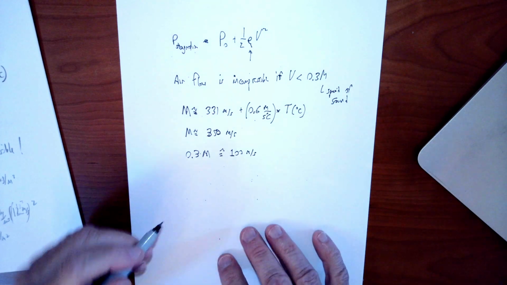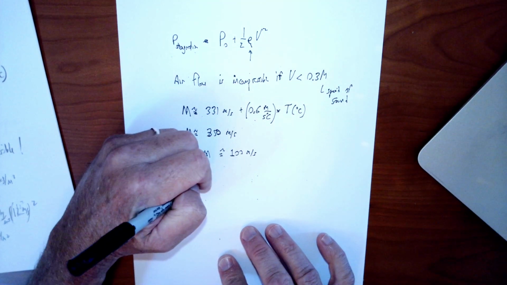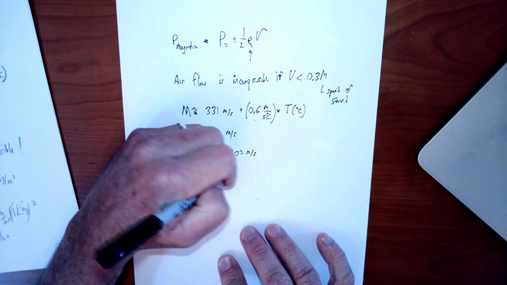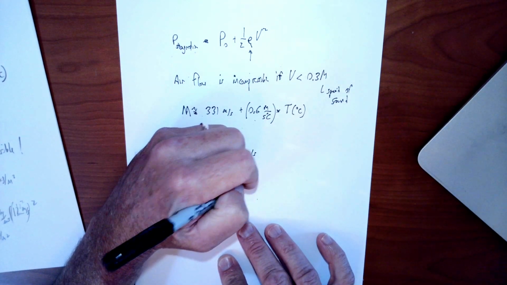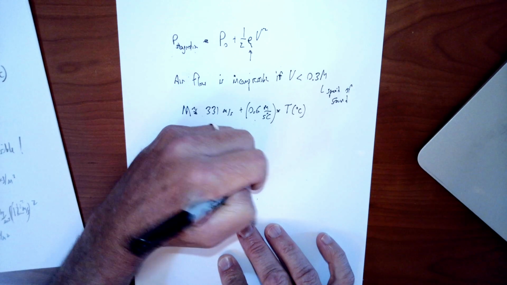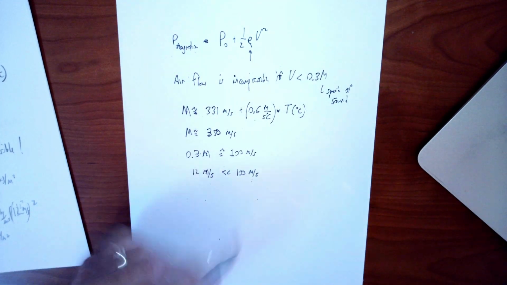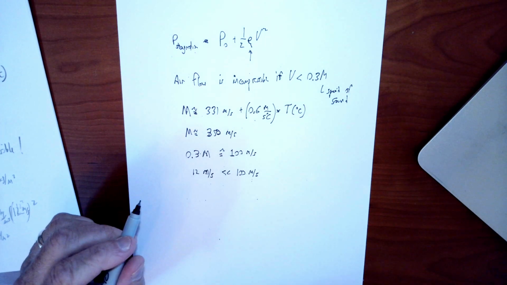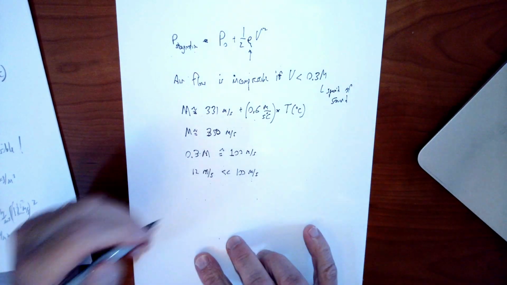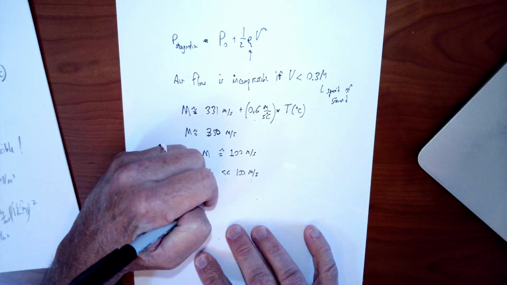So if we have velocities that are less than 100 meters per second, we can treat it as incompressible flow. Of course, in this particular case, 12 meters per second is a full order of magnitude less than 100 meters per second. And we can go all the way up to truly 100 and still be valid. So we are well in the incompressible regime here. So we can go ahead and use the ideal gas law and get our